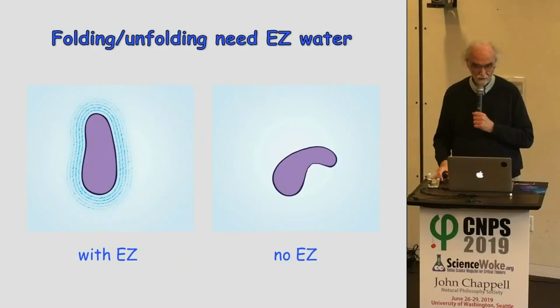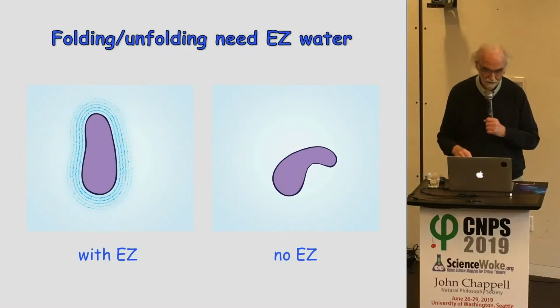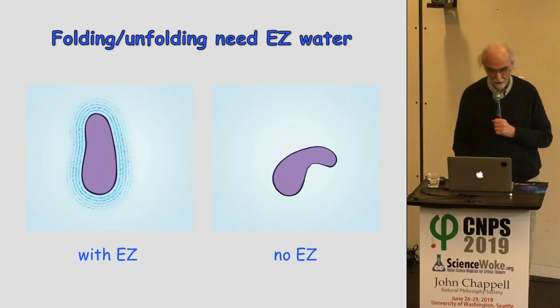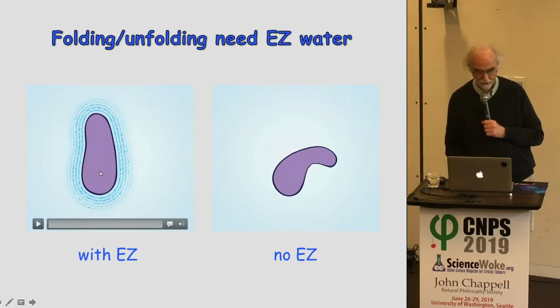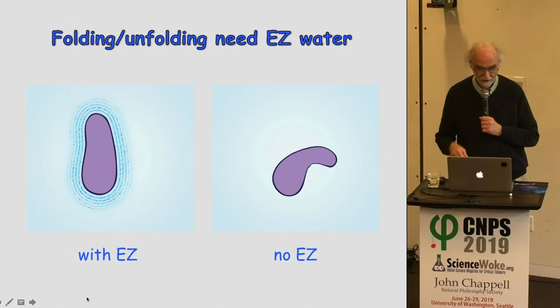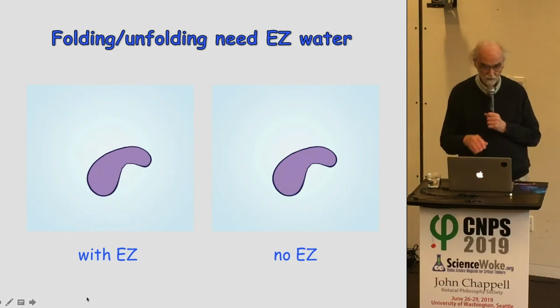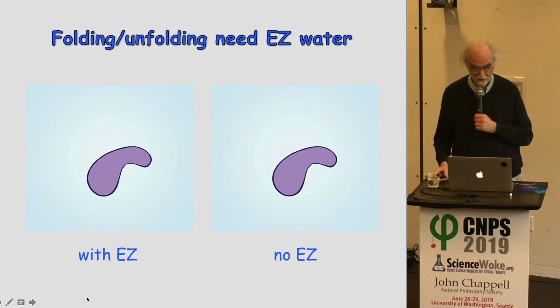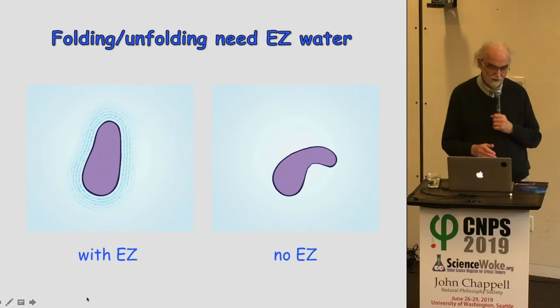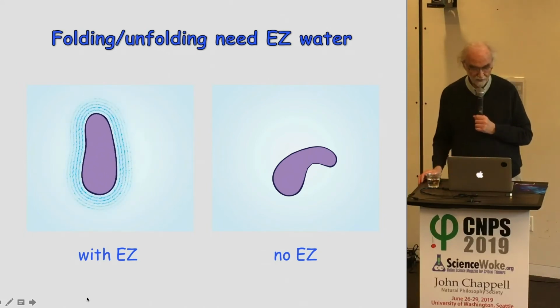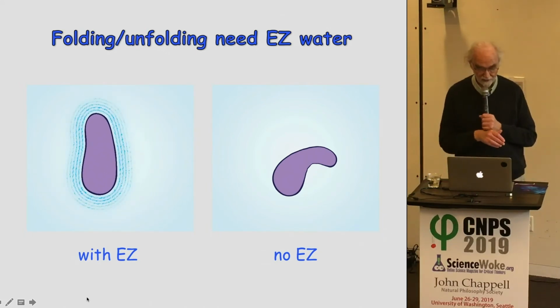And the way we presume it works, and this is laid out in my 2001 book, is here's a protein right there. It's surrounded by easy water, and what happens is that the easy water melts into ordinary water, and the protein folds. And now, when the, say, muscle contraction ends, you want to go back to the original state, it restores the state, and the easy water builds again, and you're back now to the resting, relaxed state, the stable state.